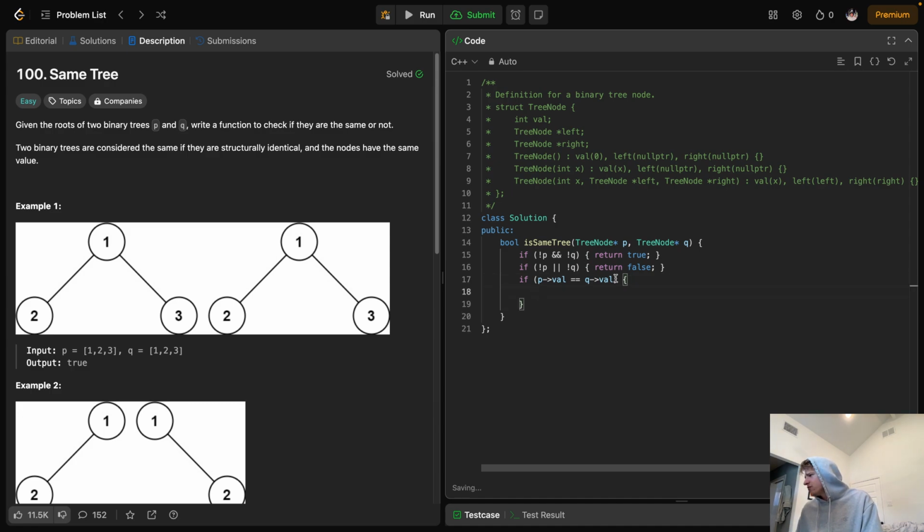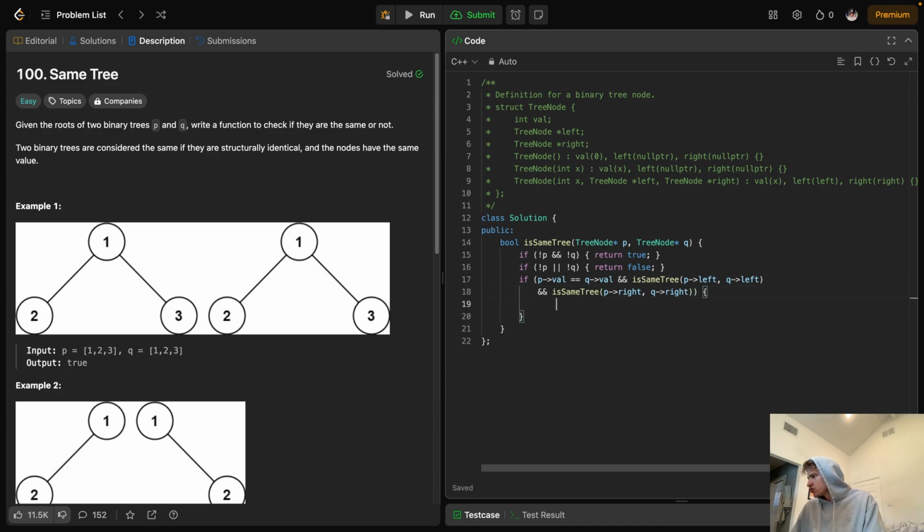And actually, we can probably do this all in one line. So let's do our recursion in one line. So if those are the same, and by the way, it would evaluate this first, so it would never do our recursion if these weren't the same. So this is why this works here. If those are the same, then we can keep evaluating these conditions. We'll go to the right and we'll say, okay, is same tree on those left children of P and Q, so P left, Q left, and is same tree. We have a third, so it's going to get pretty long, but I do think it's nicer not to have a bunch of nested ifs here. So if it's also the same tree on P right and Q right,